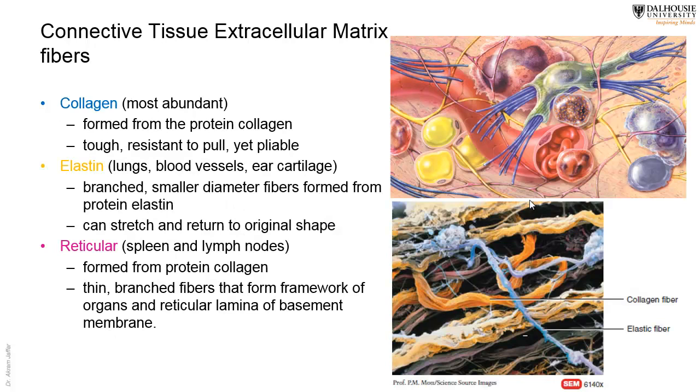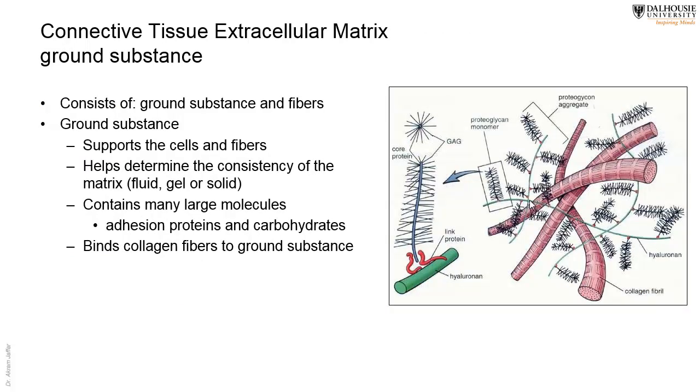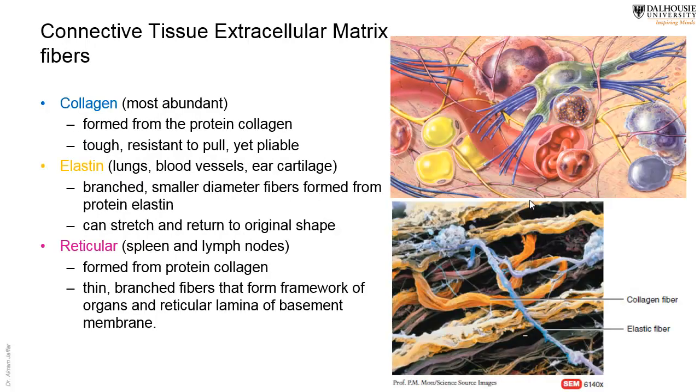Now I will deal with the fibers. We mentioned that the extracellular matrix has the ground substance and the fibers, and we have three types of fibers. The most abundant types of fibers are the collagen fibers, which are formed,